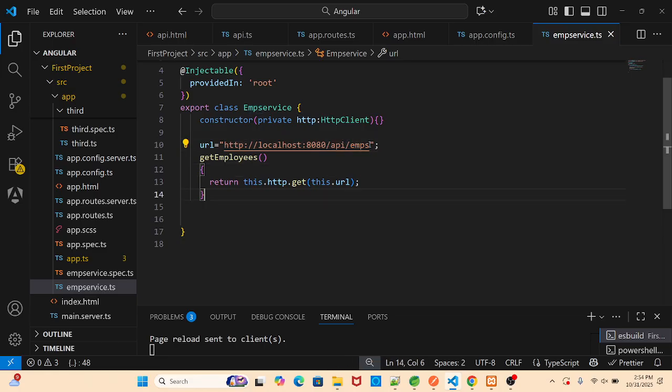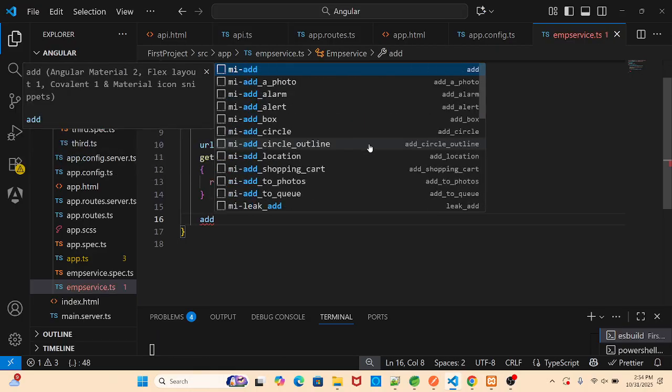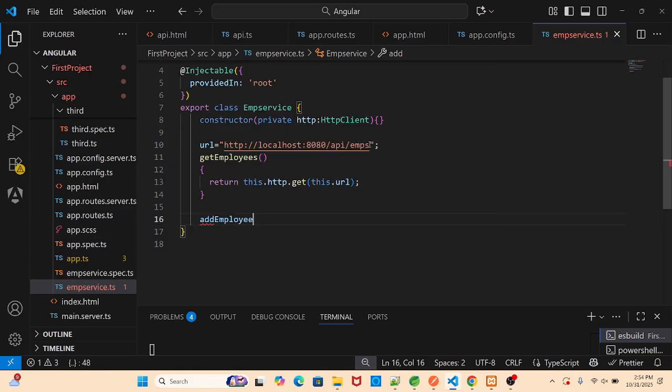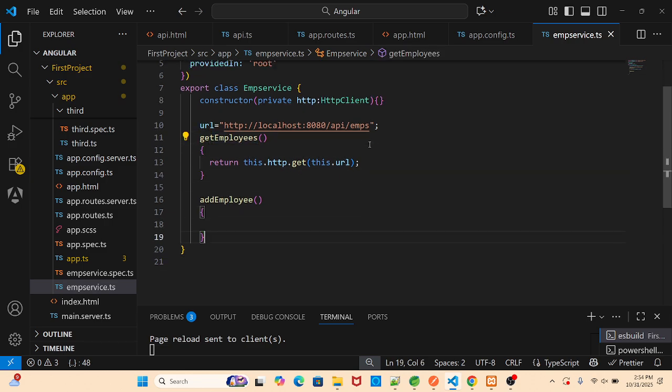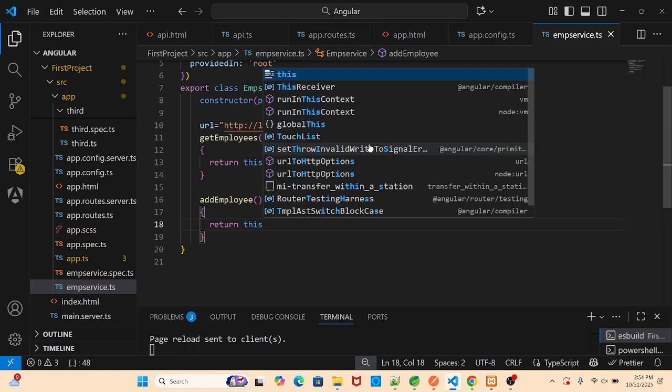And now what I'm looking at, I'm just posting my data here. So let's say for adding the employees, how will the URL look here now? I'm taking the same URL here, correct? So how will it look? Let's say I write this dot